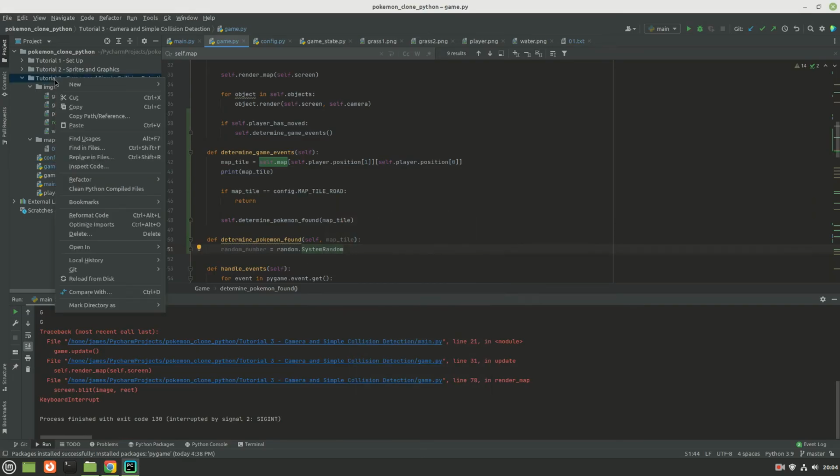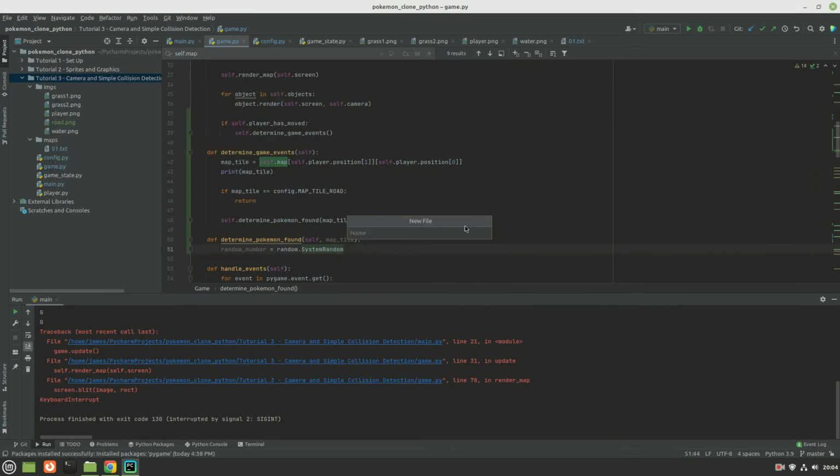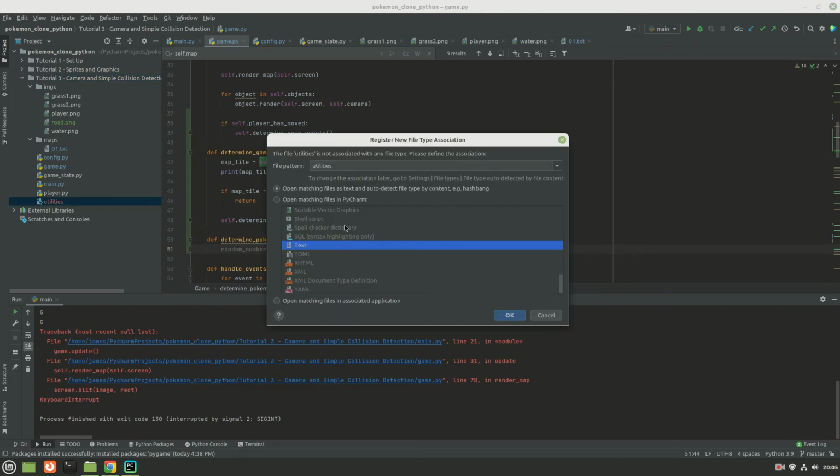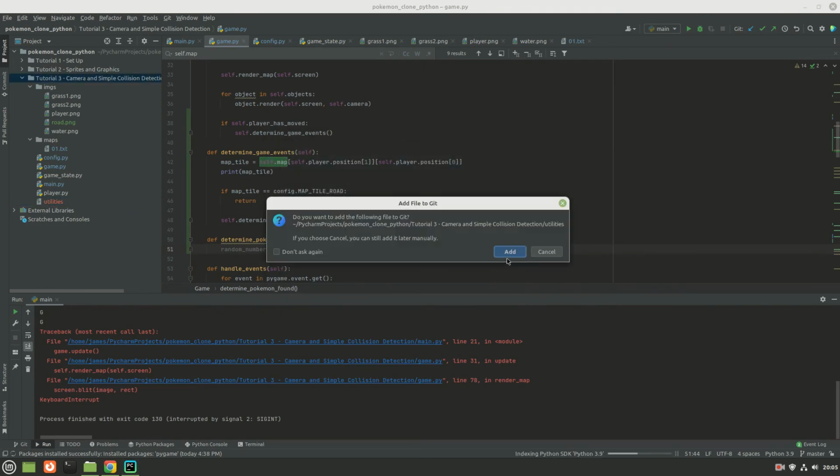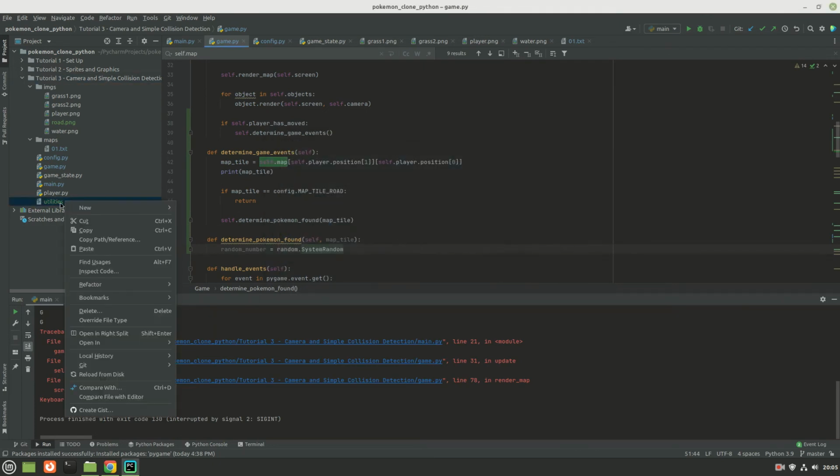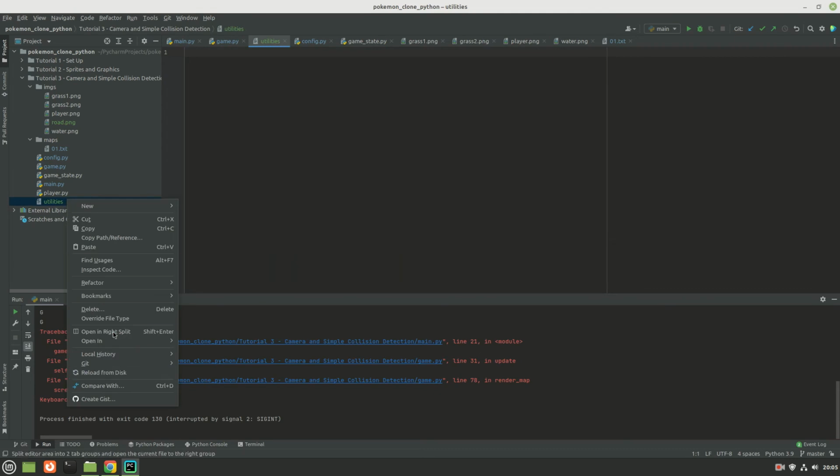So let's go ahead and make a new file, and we'll call it utilities. And it should be a Python file. Let's rename that to .py.